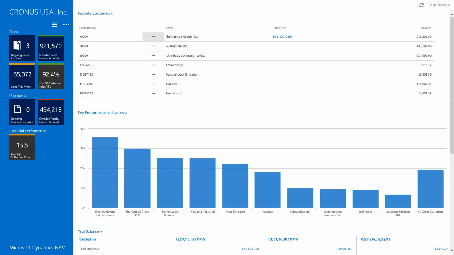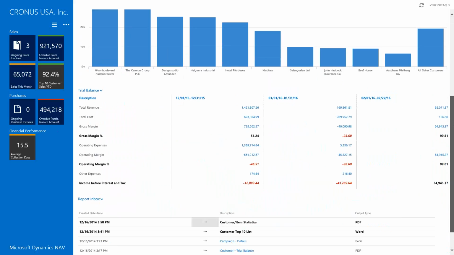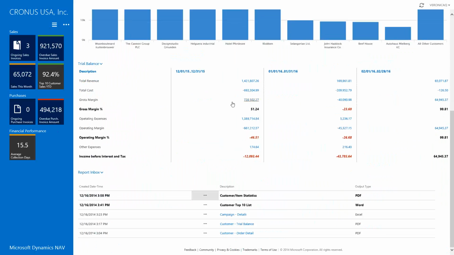If I scroll down, then you'll notice that in a few minutes we'll look at this same profile in the web client and in the Windows client, and you can see that we organize the activity queues on the left-hand side, and the other parts of the role center are in this main area. So we have a trial balance here that we're displaying, as well as, in NAV 2015, a report inbox. And all these various reports I ran at the time that you execute the reports in NAV 2015,